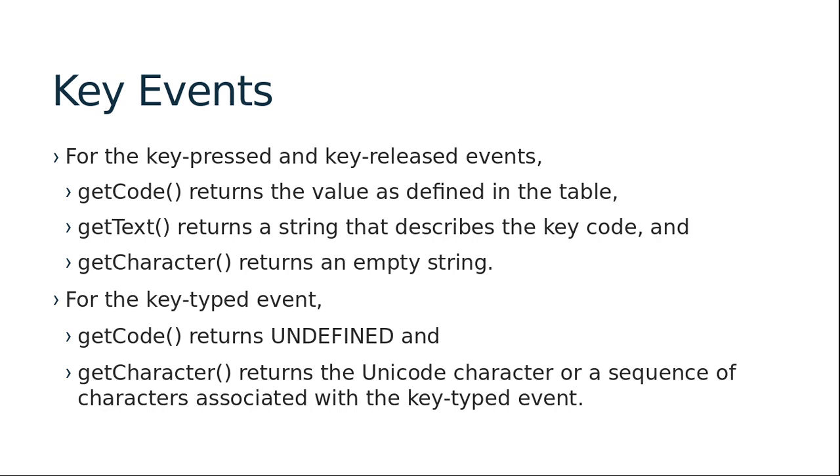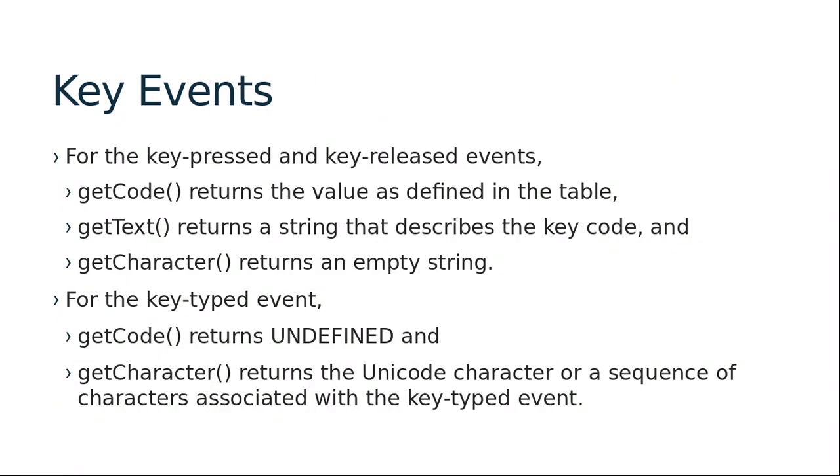So when you type a key, you can use get code, but that will be undefined. So at that time, the get character method will be useful because it returns a Unicode character or a sequence of characters, because you may press multiple keys. So it will return a sequence of characters associated with the key typed at that time. Okay,